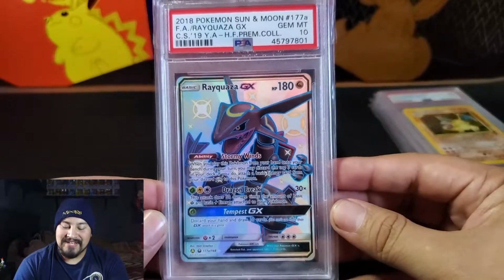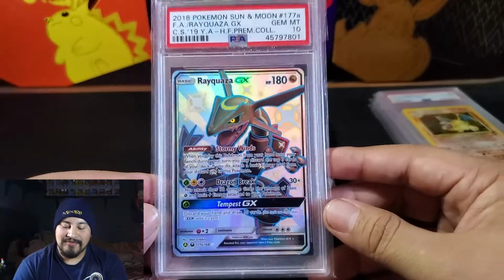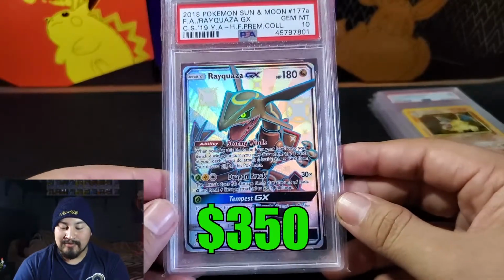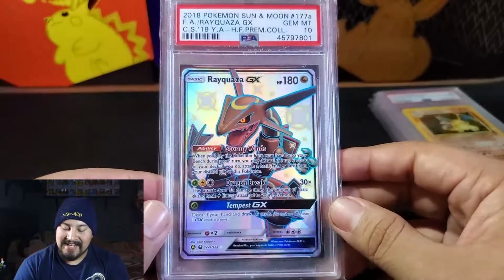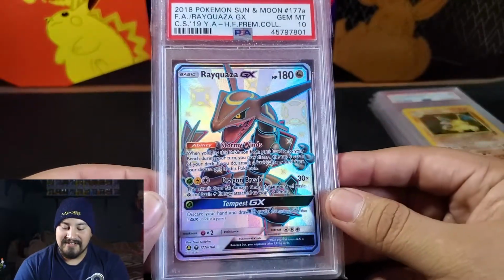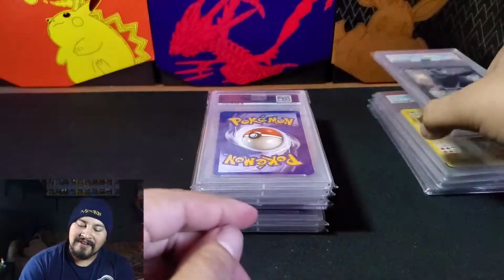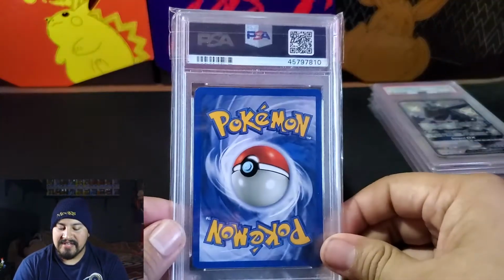But this card, in a PSA 10, Rayquaza Shiny GX, goes for $350 as well. So I was surprised about that, but that is still awesome. I thought this would probably be a $200 card, but $350, not a bad card. I love that Shiny Rayquaza GX. And coming in at number 6,